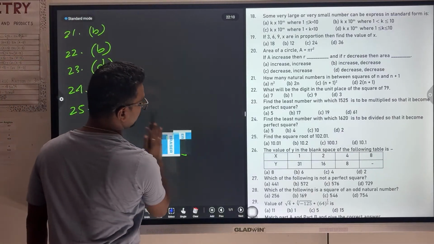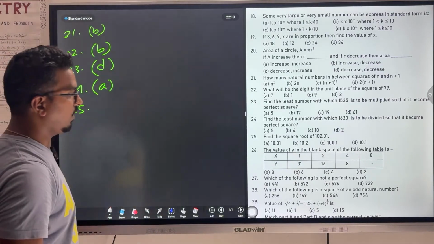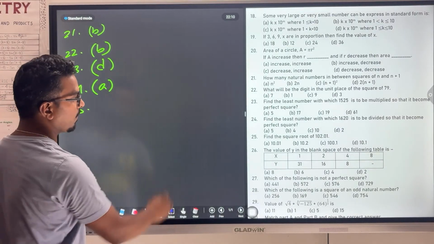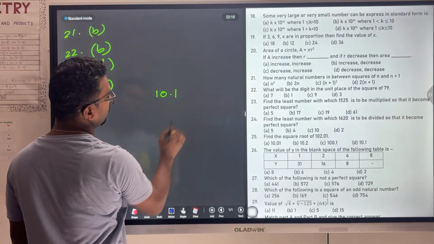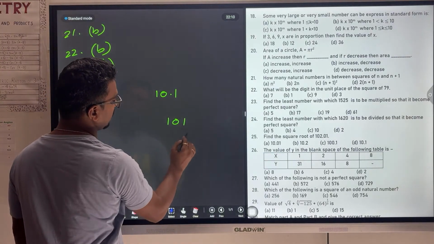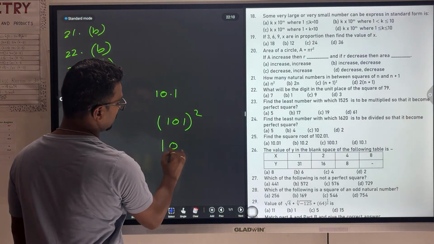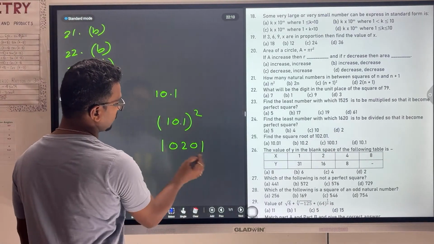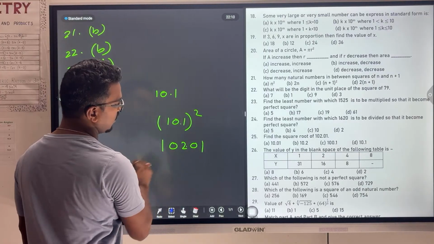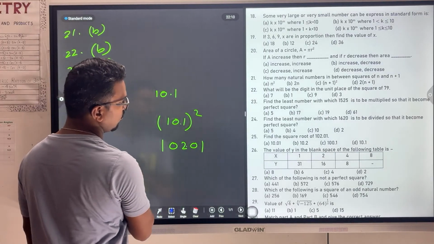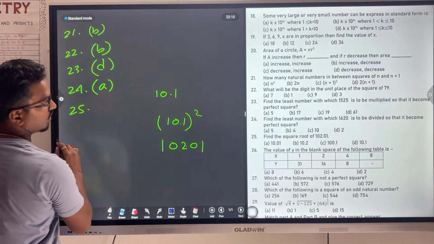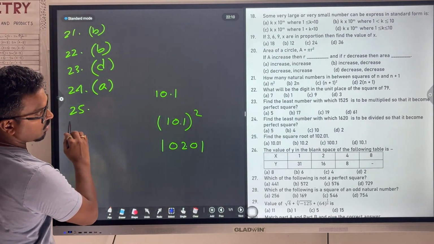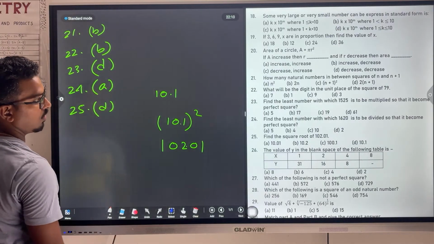25. Question number 25. Find the square root of 102.01. Ki hobo eto? Eto 10.1 hobo because 101 squaring কৰিলে কি পাম আমি 10201 ওকে সো ইয়াত ডেসিমেল আছে তো ইয়াত কি আহিব ডেসিমেল কোড আহিব ইয়াত আহি যাব হয়নে 102 তো অপশন কি হ'ব অপশন হৈ গল আমাৰ অপশন ডি হ'ব অপশন হৈ যাব আমাৰ ডি